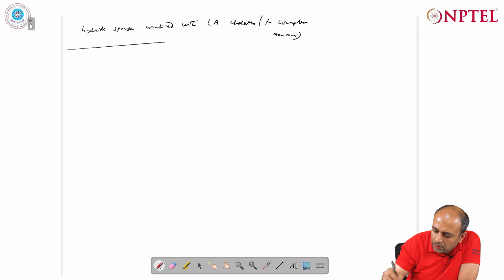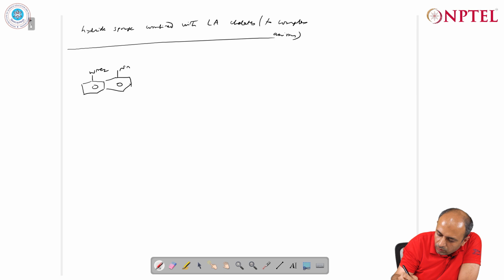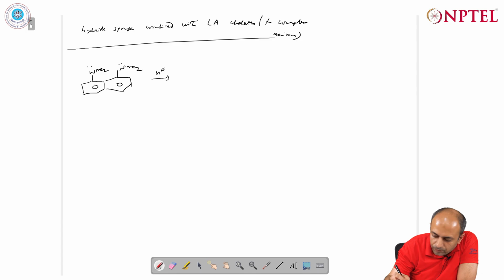This is another very versatile approach which has been adopted. For example, let us look at this case where we have NMe2 and NMe2. There is a lot of electron density here, and now we add in a proton. And what does the proton do? The proton now goes and